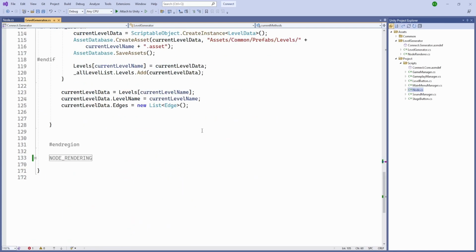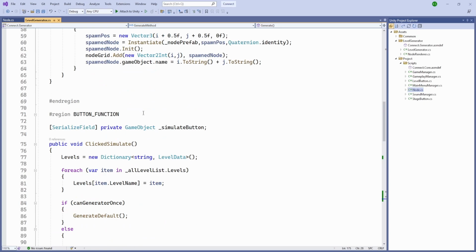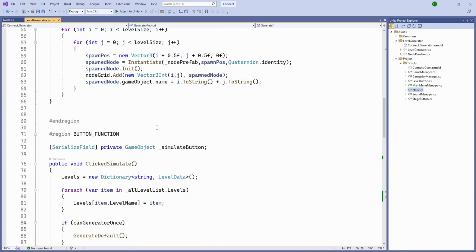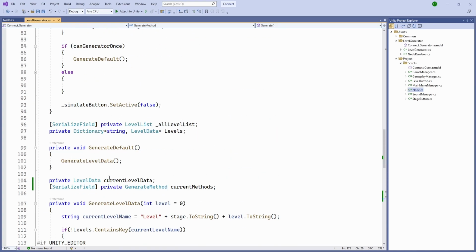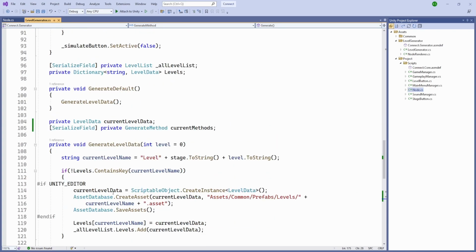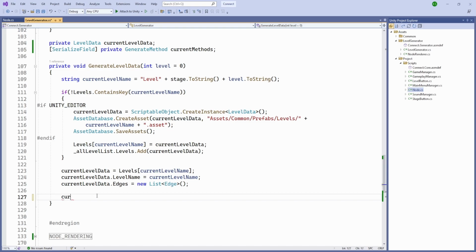And it is going to be an interface which is going to have a public void, and it is going to have a generate function, and we have our generate method here, and we'll need to create our first script which is going to be spawning randomly. And what we'll do is after all of this is finished, we'll use our current method,